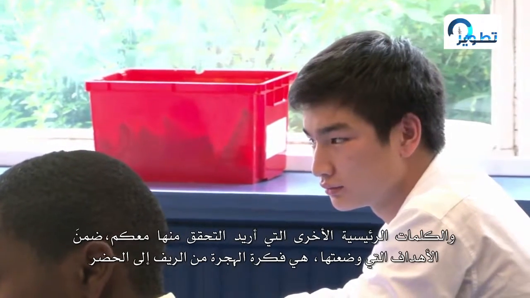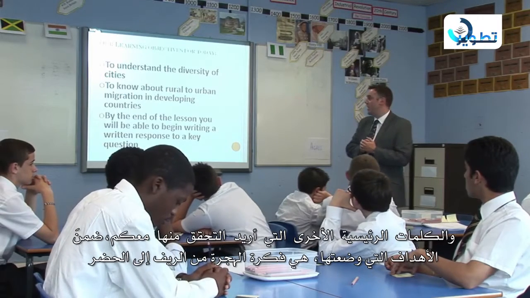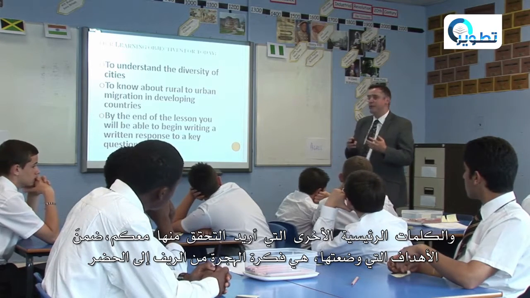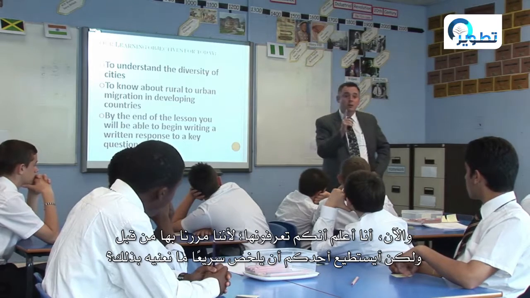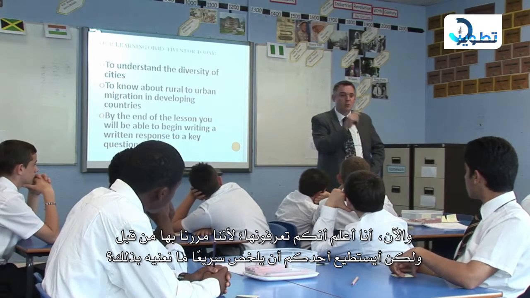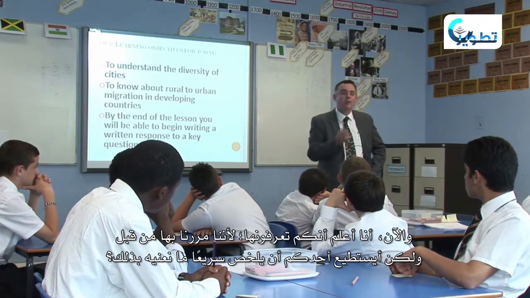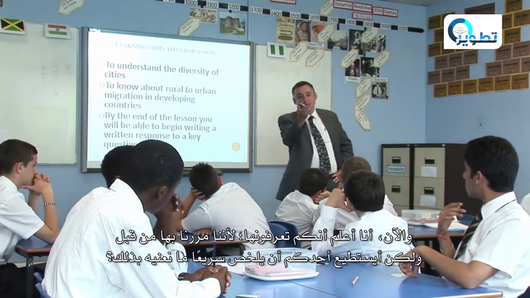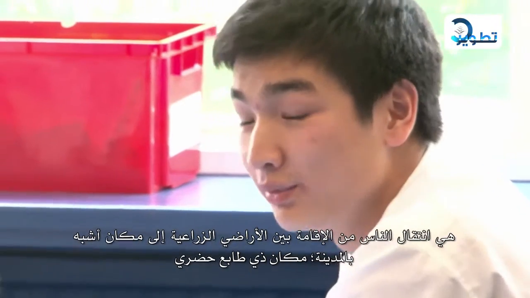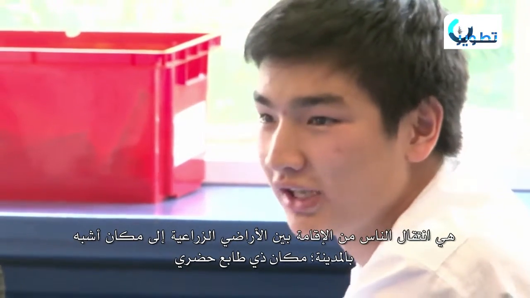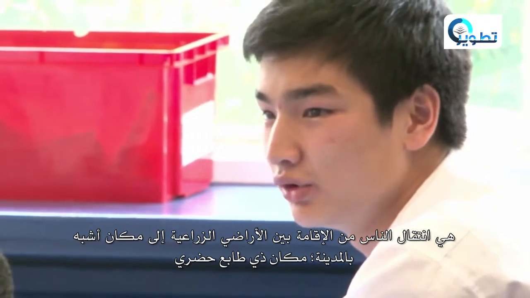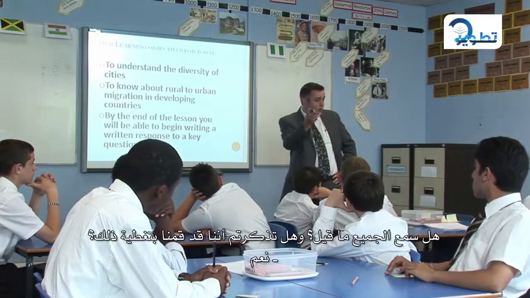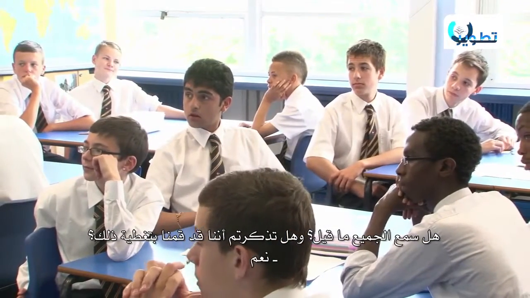The other keywords I wanted to check with you in my lesson objectives is this idea of rural to urban migration. Now I know that you know this because we've done it before, but can someone just sum up very quickly, what do we mean by this? Go on. Is it the net movement of people from an area of agricultural land to an area of like city, more urban area? Yes, it is. Thank you. Did everyone hear that? And does everyone remember us covering that